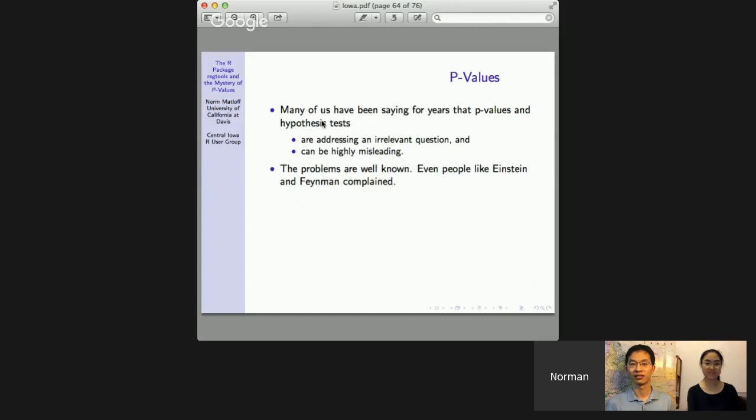There's a book called The Cult of Significance, a whole book on the subject. And on page 2, I think there's a list of famous people who were critical of hypothesis testing, significance testing, including Einstein and Richard Feynman. So what are the problems? If you look at the two sub-bullets, they're addressing an irrelevant question. So let me give an example that's not on the slide here. Since this is an election year and we see all of these polls before the primary elections,